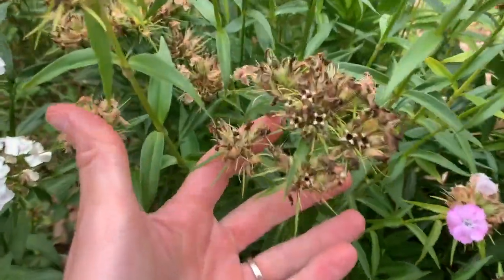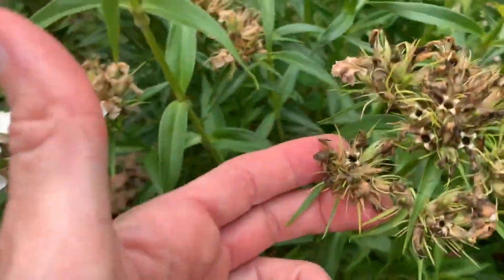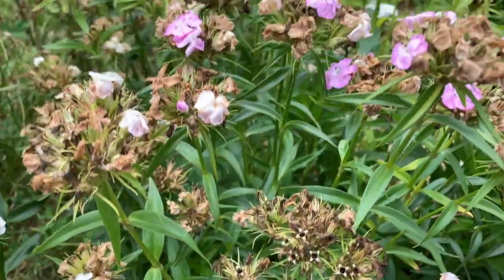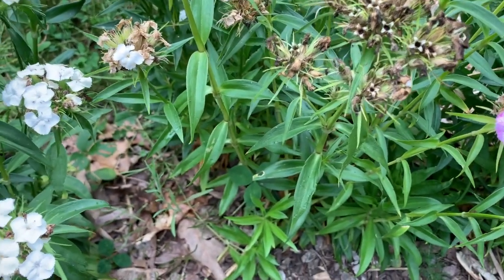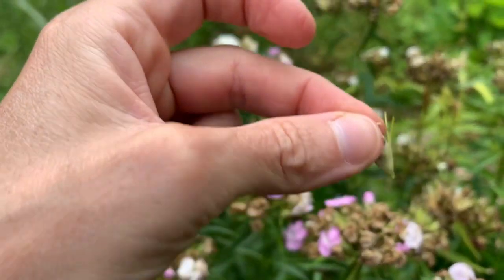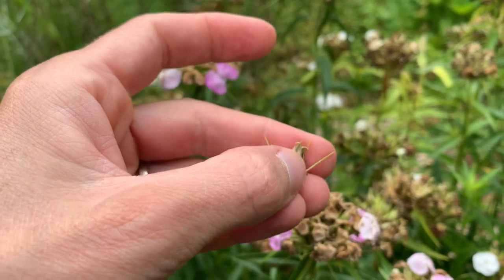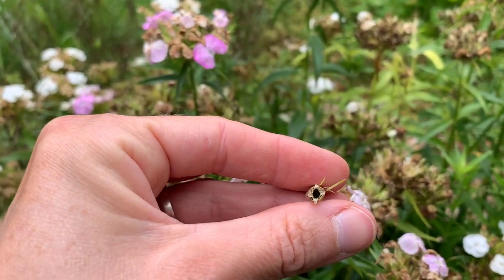So let's focus in here. This was just a flower head. It's dried out. All the petals are gone. Most of the petals on the plant are gone. And as you look at the seed head or the flower head, you can literally see the seeds practically popping out. So Dianthus forms these lovely little purses, and they'll be fairly green as they're getting ready to create their seeds. Flower heads have died off, and as they're ready, they'll start to pop open,